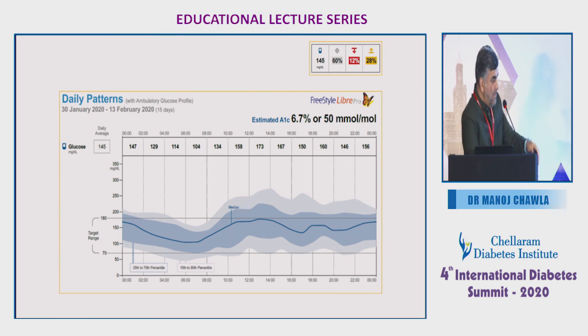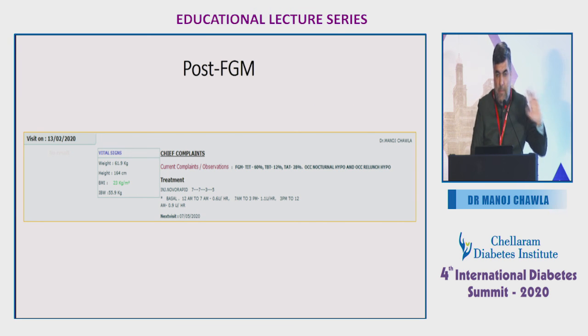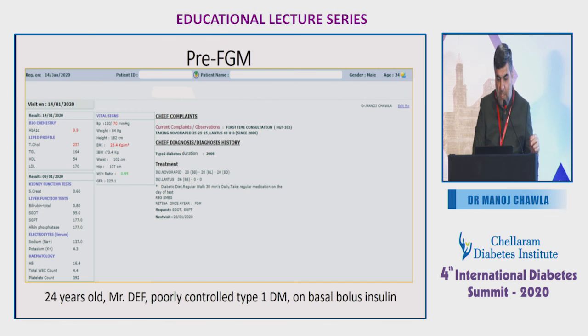So I just want to highlight that point, which is a very critical point Dr. Manoj made, that the dark blue shaded area could respond to changes in therapy, and the light blue area, which is the interdecile part, suggests that behavioral modification, diet, exercise, stress, those are the areas to change. Absolutely. That's the very important point which Dr. Manoj made. I just want to re-emphasize that. Sure. So again, for this young girl, changes made in the basal therapy, a better training on carb count, and so on and so forth.